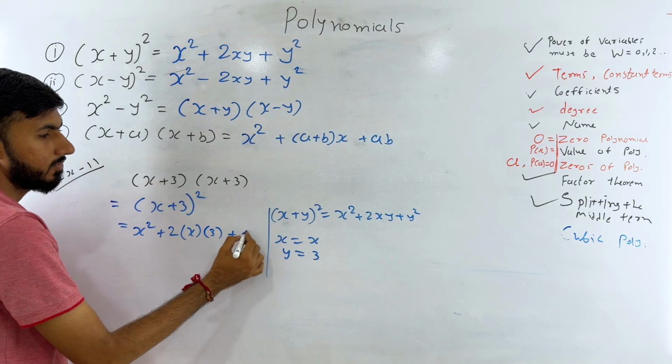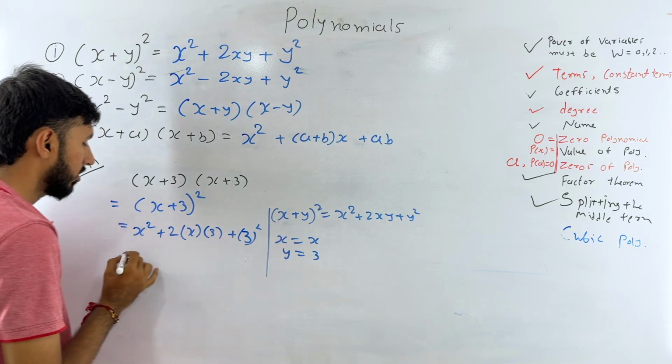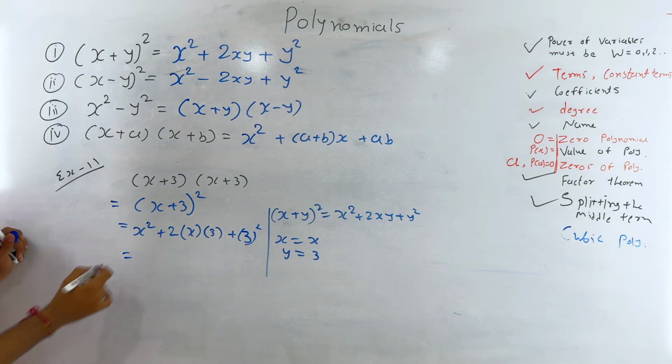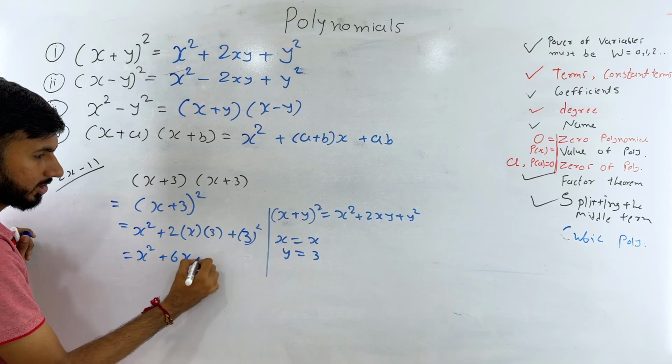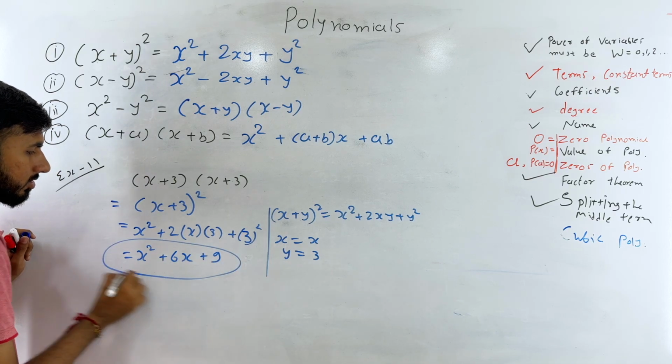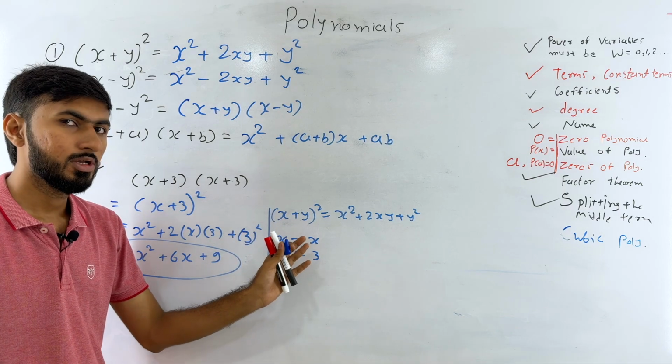Now the last term will be y square, so I have y is equal to 3, so I have to write 3 square. You have done it already, right? You all know this. Now x square plus 2 multiply 3, that is 6x, plus 9. This is my answer,